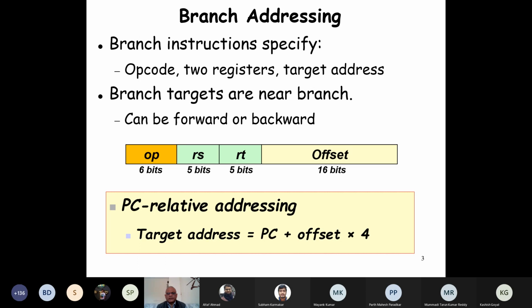So what really happens is that based on the offset we give, the current PC value is a byte address, and we add offset times 4. Now I ask this question: what is the maximum number of instructions that we can jump either backward or forward using a branch address, if it is a long program?